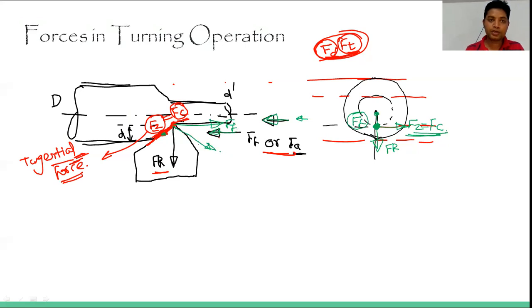Okay, this is Fj, and perpendicular to that will be treated as Ft, that is tangential force. Now, if this angle is lambda, that is the approach angle, then this will be equal to 90 minus lambda. So if this is perpendicular, this is 90 degrees, then this will be lambda. This is Fr and this is Ff.